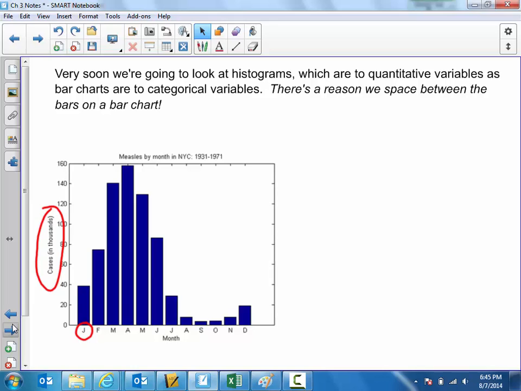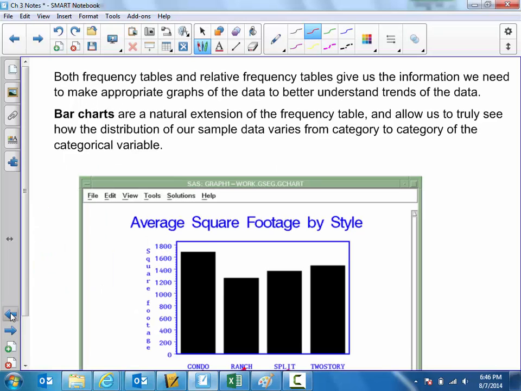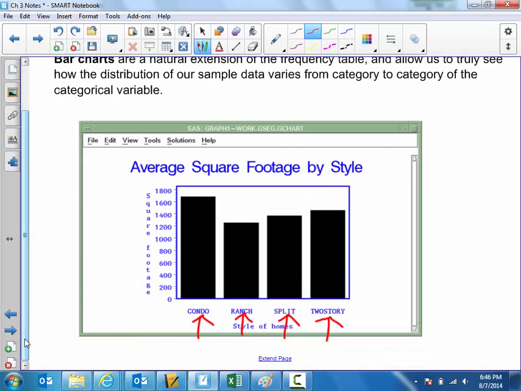In general, on this slide, there is significance to the ordering of these letters right here, okay? Clearly those stand for the first letter of the months of the year. So you've got January, February, et cetera, on through December. But if you look at just this last slide right here, with those data values, condo, ranch, split, and two-story